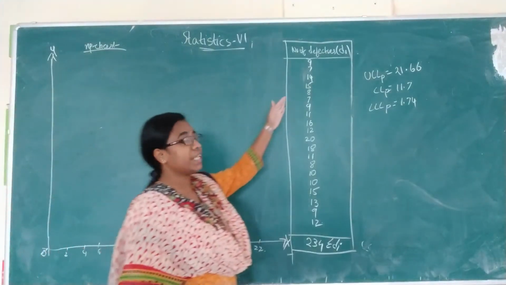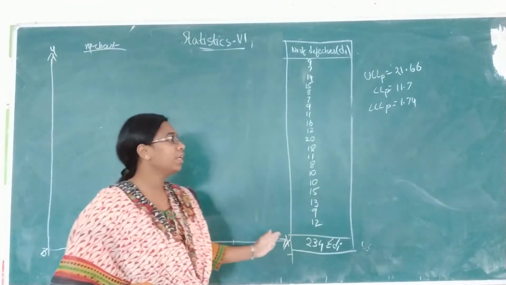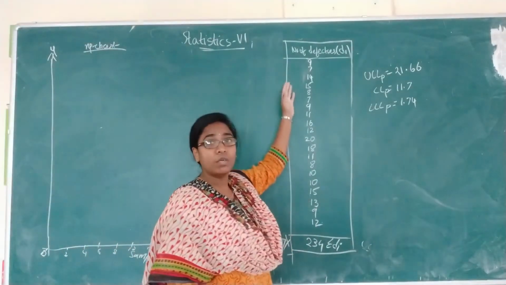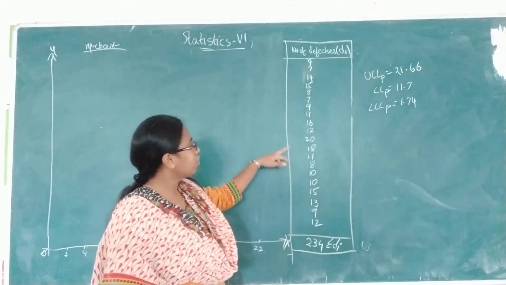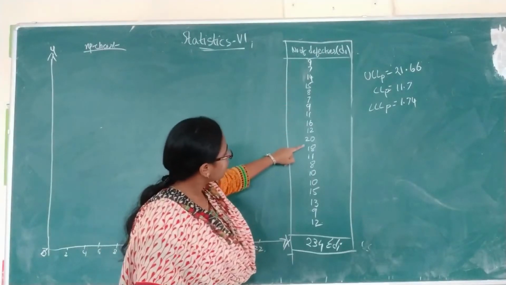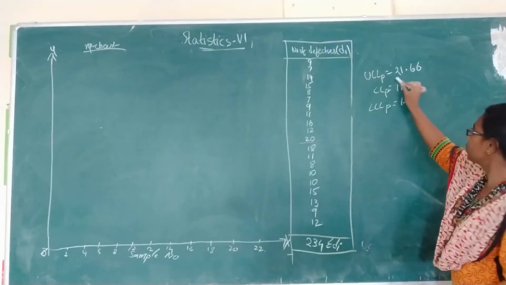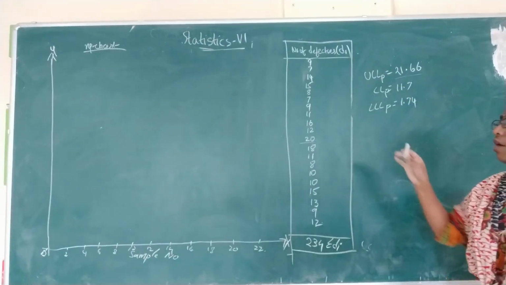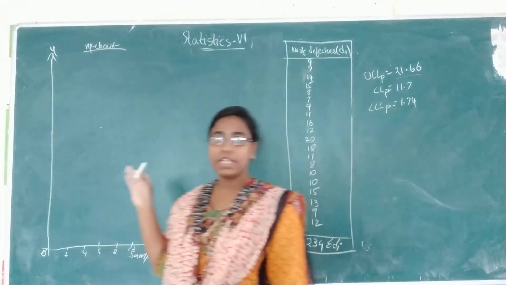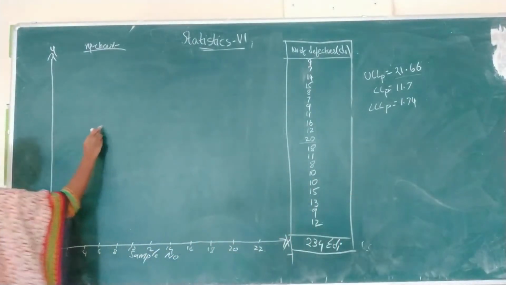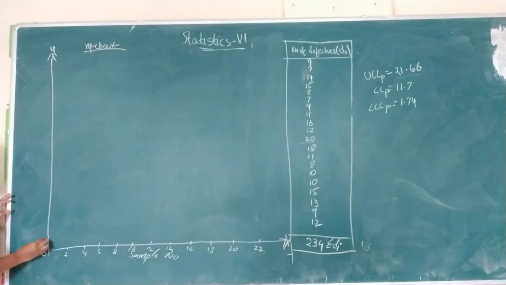So on the x-axis I took the scale as 2 units, and on the y-axis I have to represent the defectives, that is Di values. If you observe, the largest value of the defective is 20, and the UCL largest value is 21. So you have to get the values up to at least 22. So here also plot the values up to 22. Here I am taking the scale as only 1 unit so that I get the graph easily.